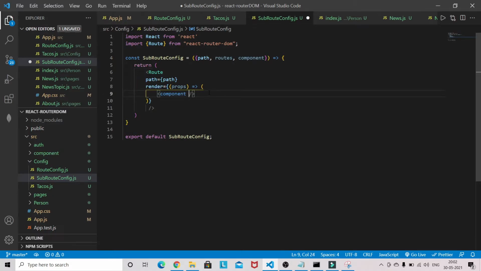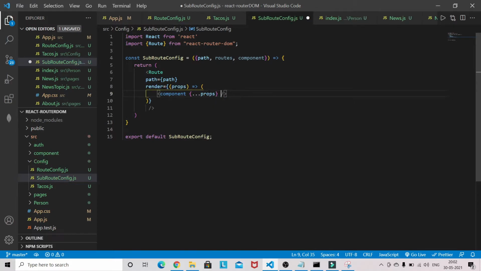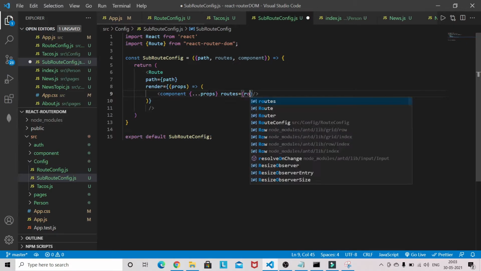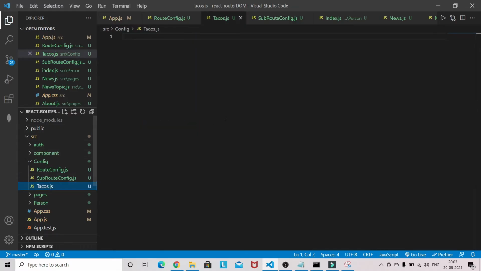Here we need to pass those props, and the routes will go. So this is the basic configuration. Now come to the tacos.